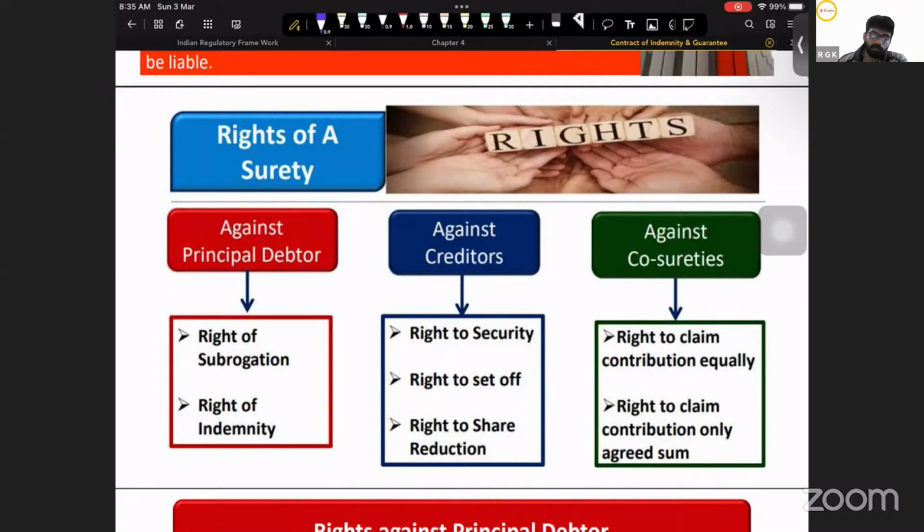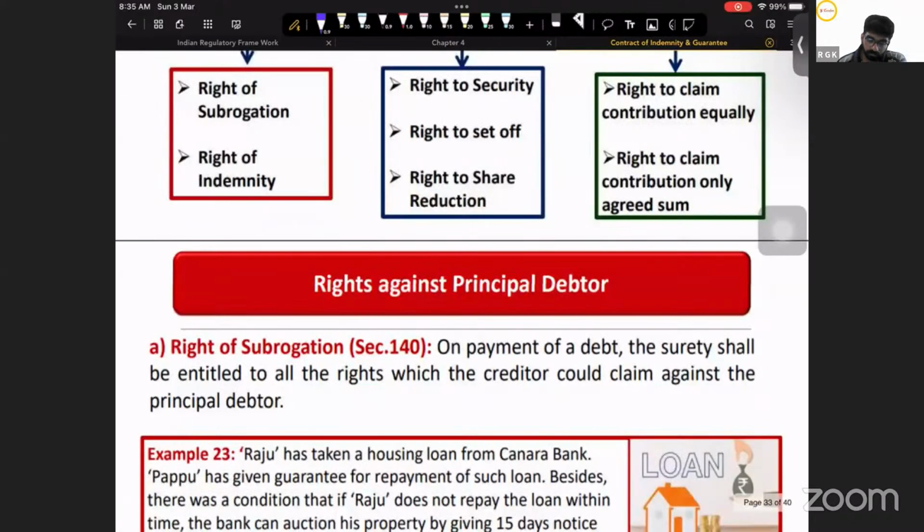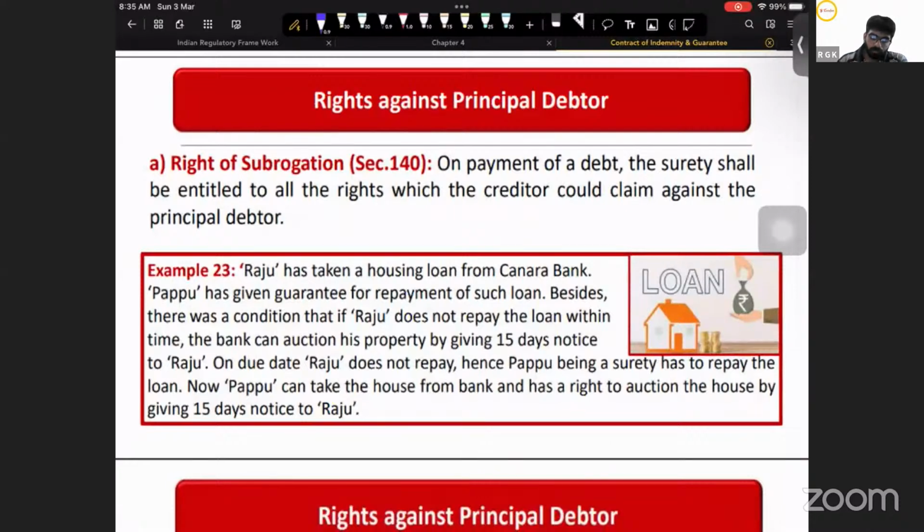Let us try to understand what exactly subrogation means. We already know that this is a contract between a principal debtor, a creditor, and a surety. Surety promises the creditor. Now, if the surety pays the debt which was primarily to be paid by the principal debtor, on his failure, if the surety pays it,